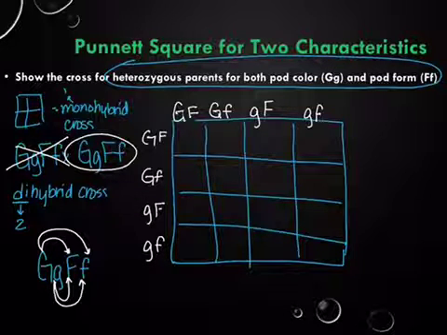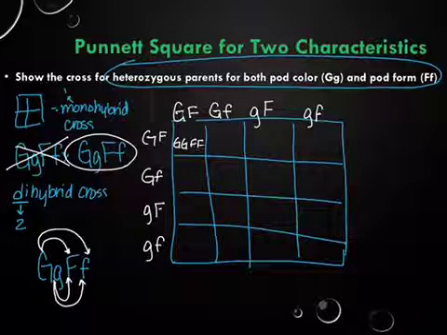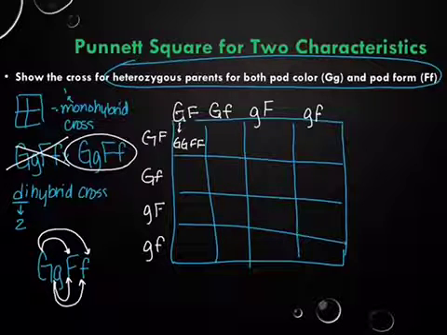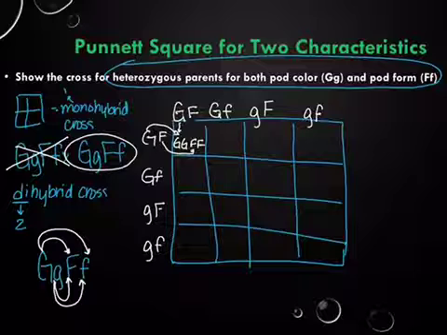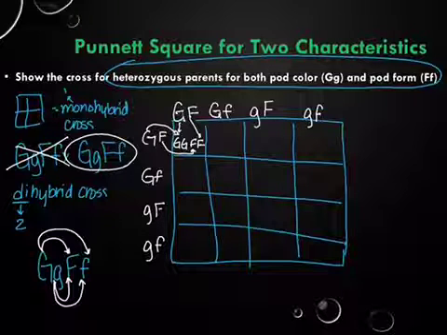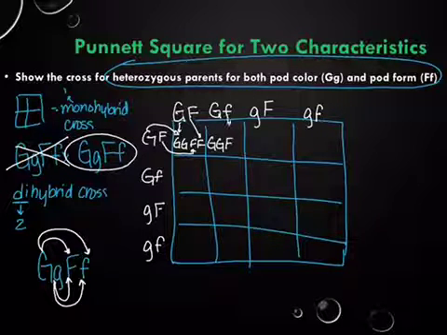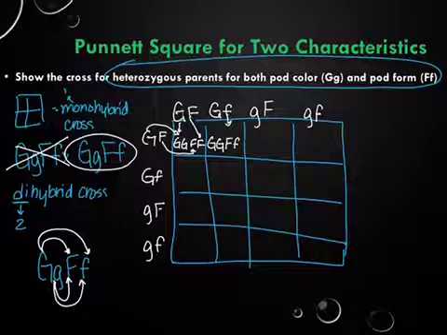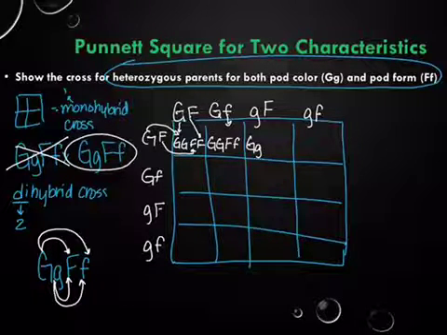And so now, same process as before, but now instead of 2 letters, you'll have all 4. So this G came down, this G came across, this F came across, this F came down. So the G's, big G, big F, and now this one has little f. And we go across again, big G from the left, little g comes down, big F comes down, big F